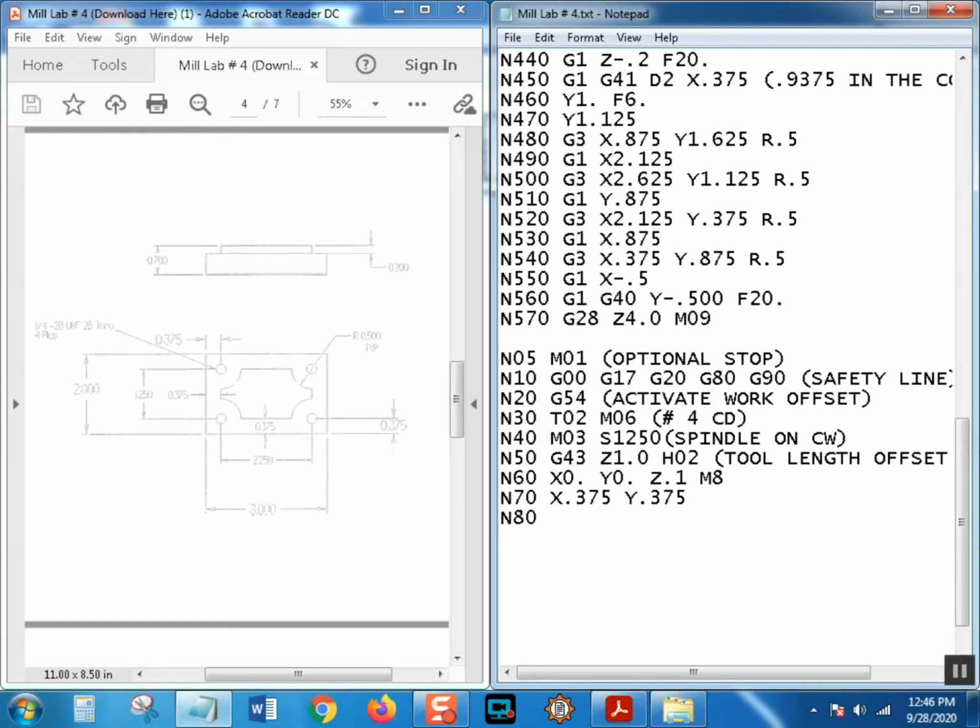This time we're going to activate a can cycle. I'm going to introduce you to your first can cycle. Now you could do this. We could drill using G01s. But if I have one hole, I'll use a G01. It's not worth it to set up a can cycle for one freaking hole. For 4, absolutely. For 4,000,